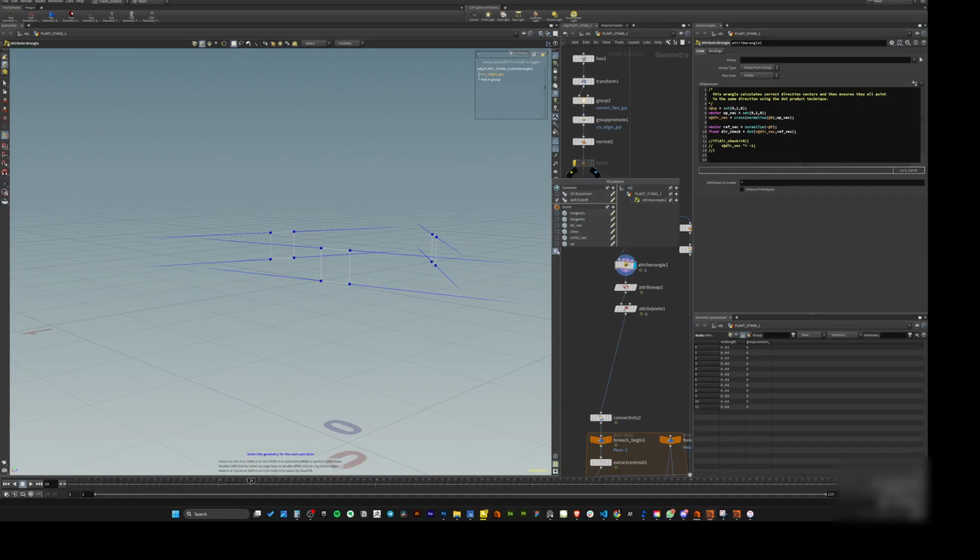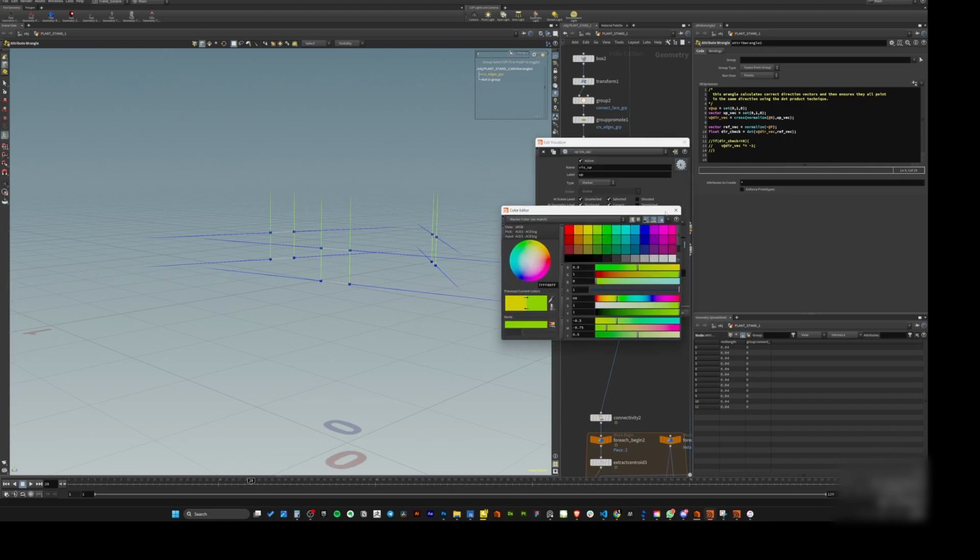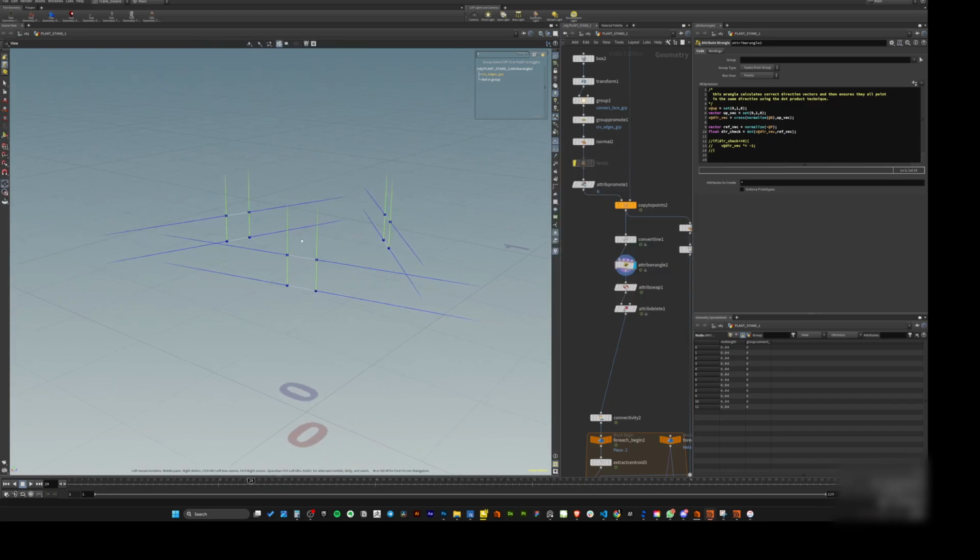So now let's turn this on. And let's make this green, bright green. Okay, so this is our up vector. So this is exactly what our up vector looks like. So now we have the normals and our up vector, and we're doing a cross product between the normals and